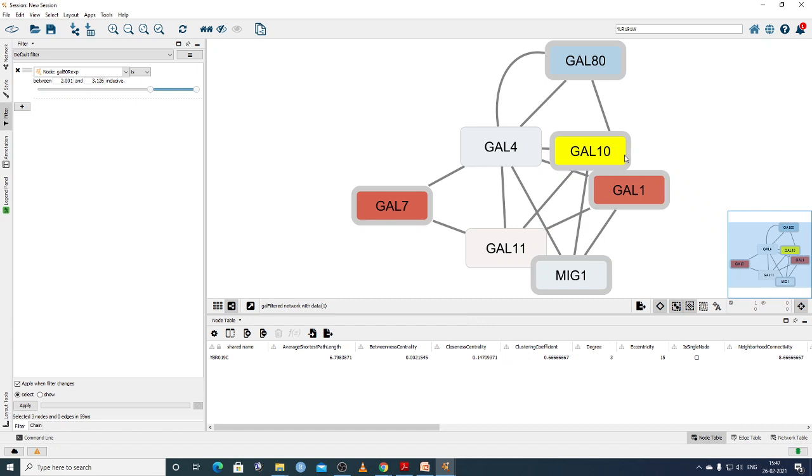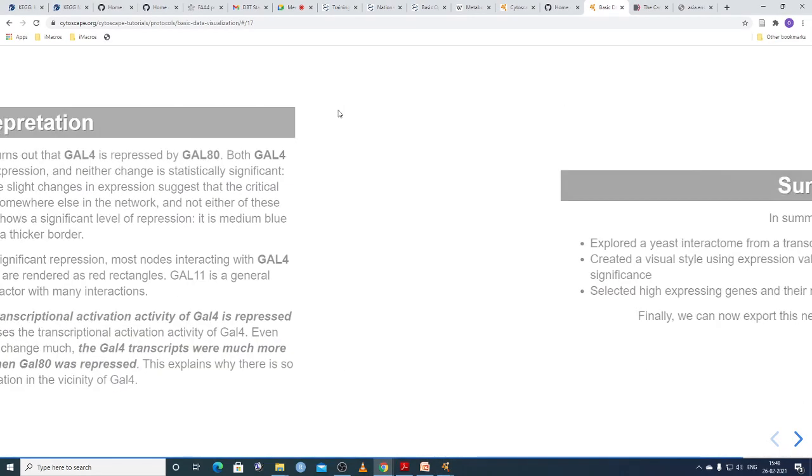Our question is why Gal10, Gal1, Gal7 are expressed so highly. Because Gal80 is knocked out, Gal4 will express very high, so it will induce Gal10, Gal1, Gal7. That is how we can analyze this network.